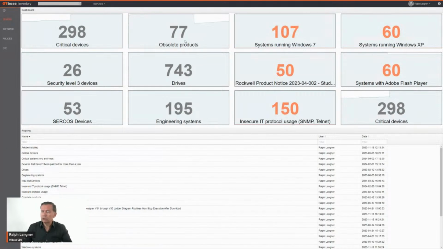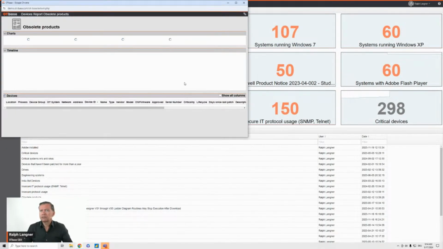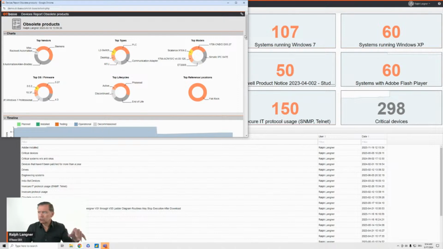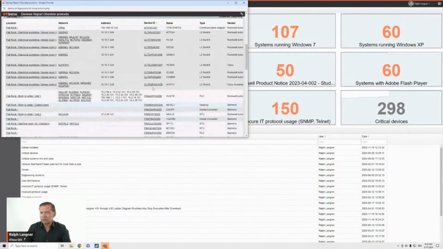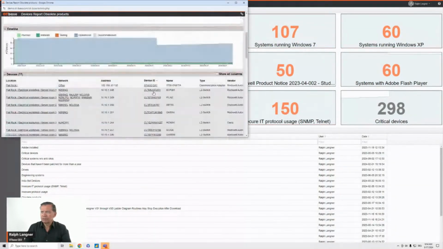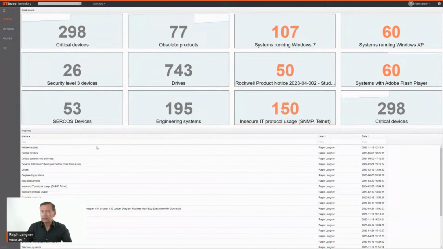slap it on the dashboard like so, and you will also get a timeline. You will also get additional charts, and then you will get this timeline here and see how things evolve over time. This is a typical example here, because it's about obsolete products. And if you don't do anything, this number will always increase, because over time, other products become obsolete. And then you get the device list and all the other good stuff, where those devices are, etc. So this is the report section, but we still